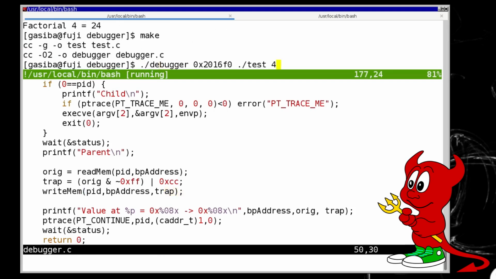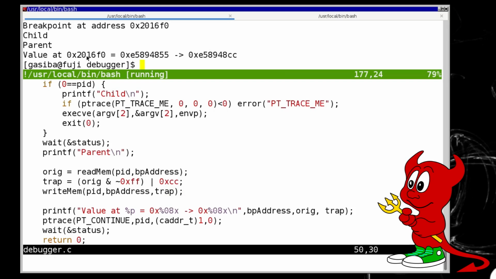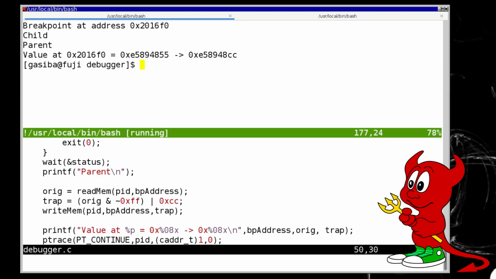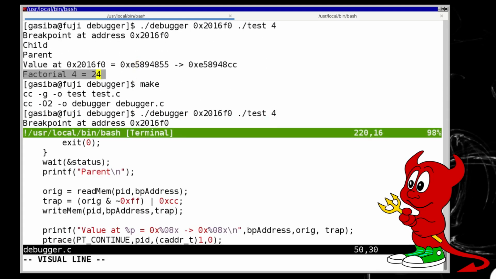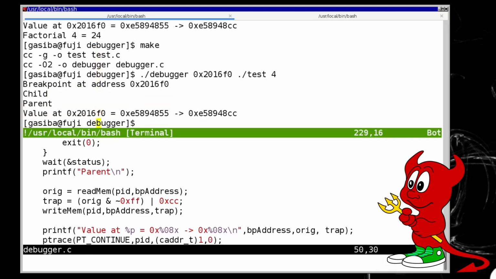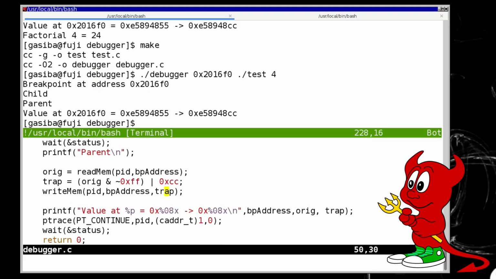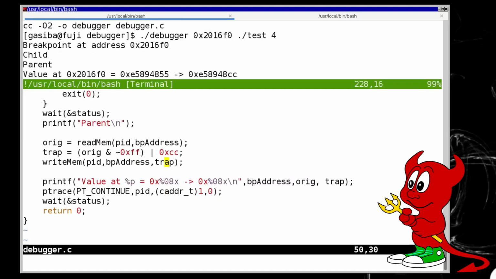Let's see. Yes. The difference is, let's try to show this. Before, when I ran it, it says factorial, and now the factorial is gone. Why is that? This is really as expected. The thing is, I'm doing a trap. So when I'm telling it to continue, now the wait here, what is happening in this wait state is that the